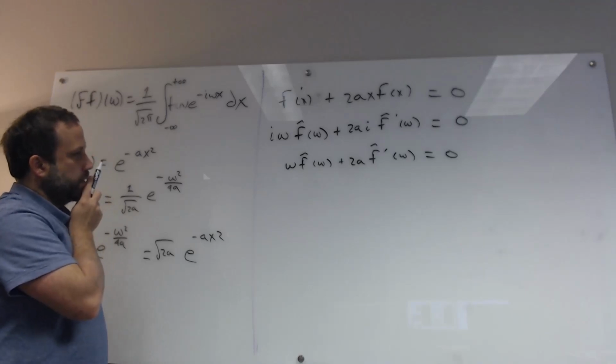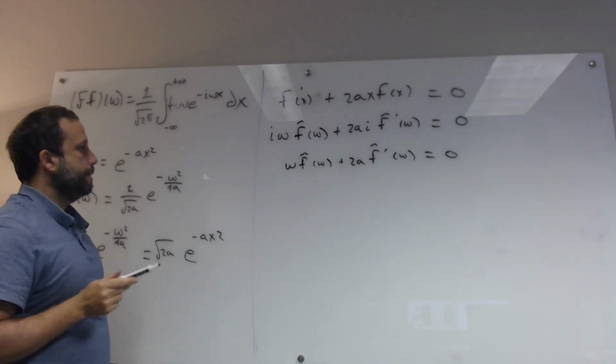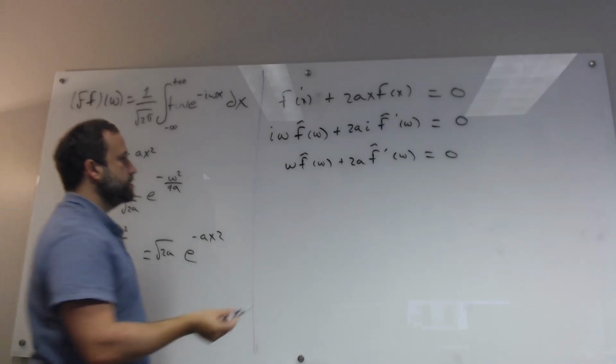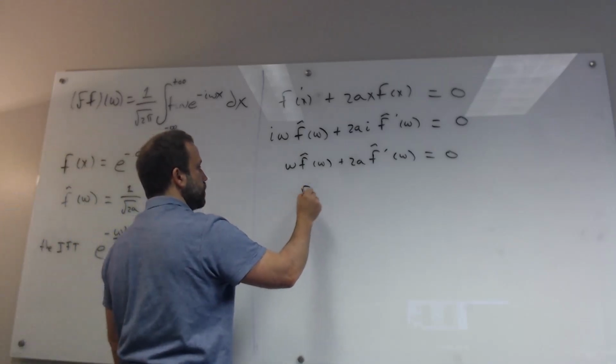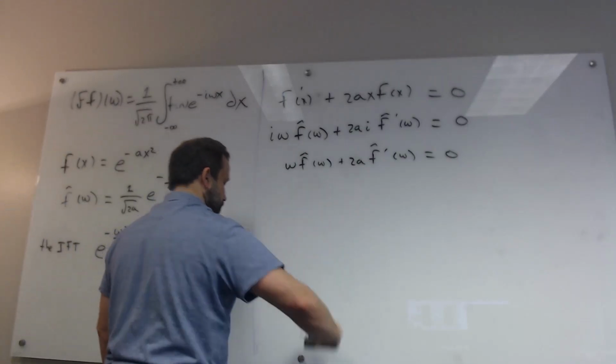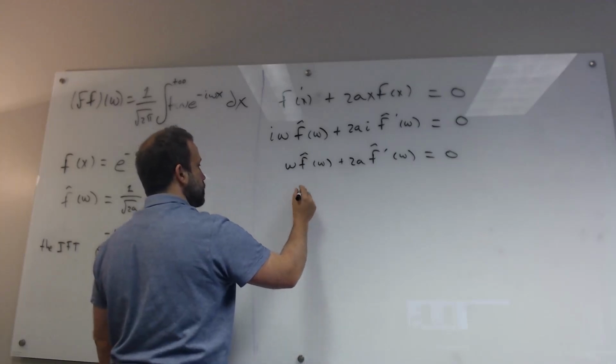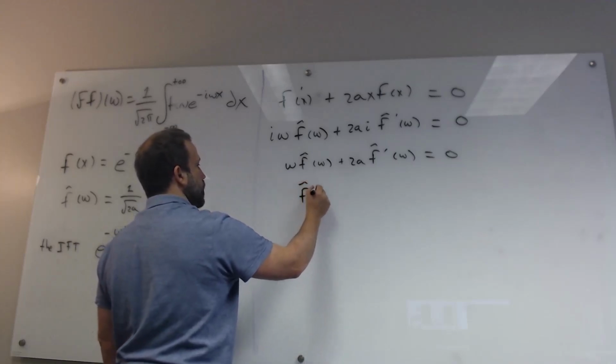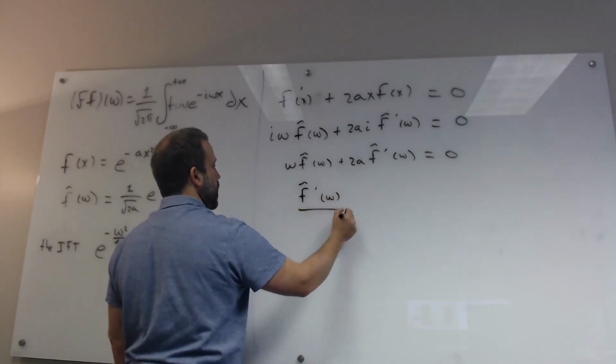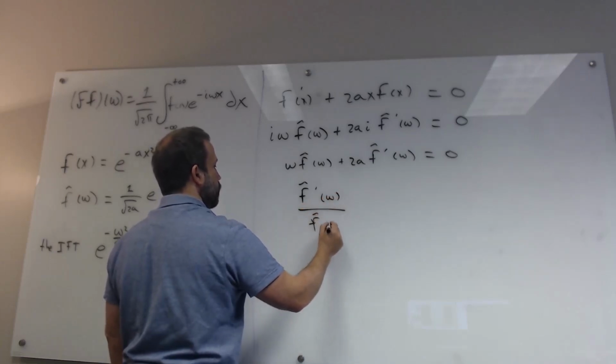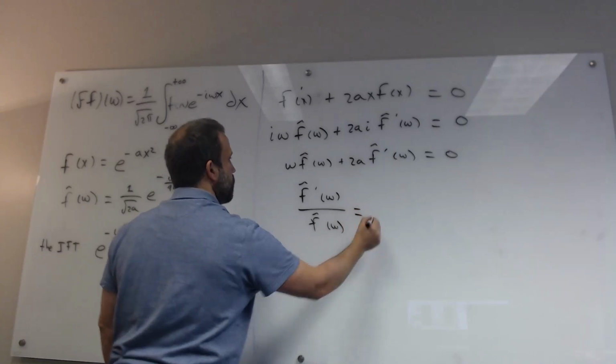Okay, so let's see what I can do here. Notice this tells me that f hat prime of omega over f hat of omega